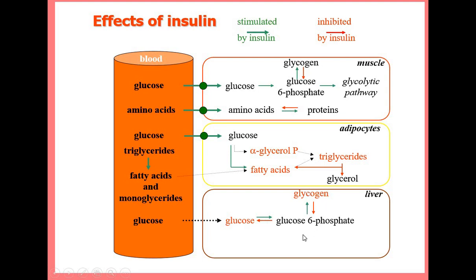Catabolic processes are inhibited. One more important thing is that glucose 6-phosphate also gets converted into fatty acid in the liver. So just like in the adipocyte, the lipogenic effects are stimulated. But there is one more pathway which exists in the liver, that is the ketogenic pathway. This ketogenic pathway involves conversion of acetyl CoA and other metabolites into ketone bodies. This is inhibited in the presence of insulin, right?